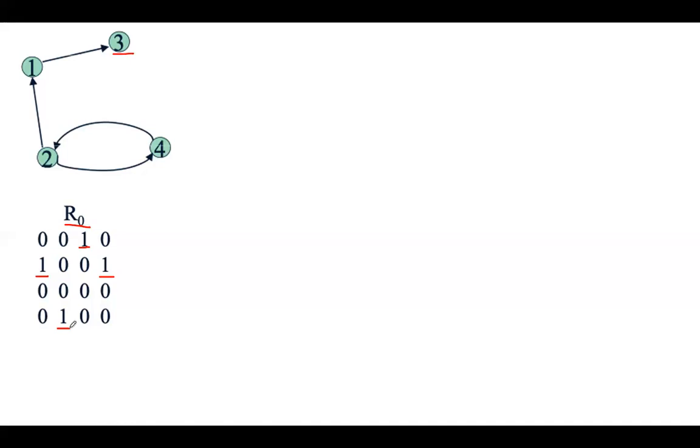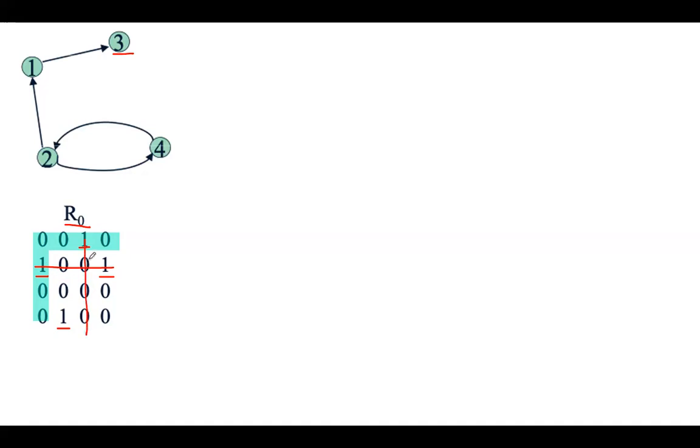So let's start with the Warshall algorithm. There are for loops, with inner for loops. It will pick the first row and first column. You should first consider the first row and first column, and in them find where 1 is present. One is present here, and one is present here.